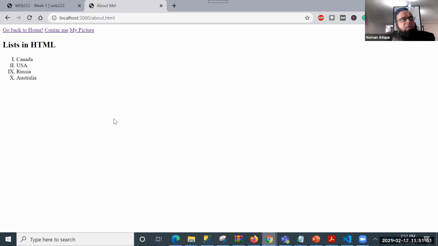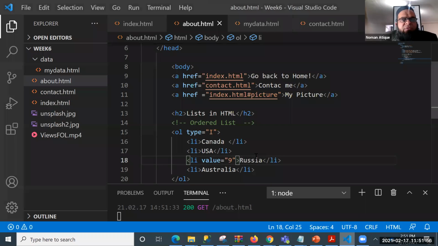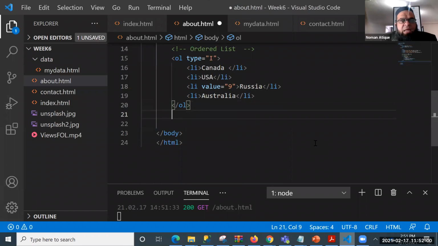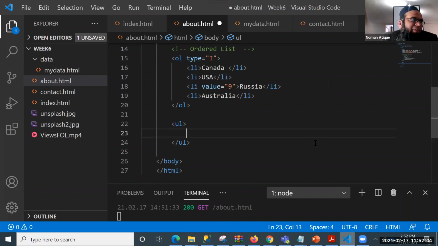Don't worry. Okay, so you see that we have this value equal to something, and the value can change that. So this is the first type of list. Now the other type of list we have is UL, unordered list. Also, all its elements should be followed by the same li. So let me just copy that one, not typing them again and again.